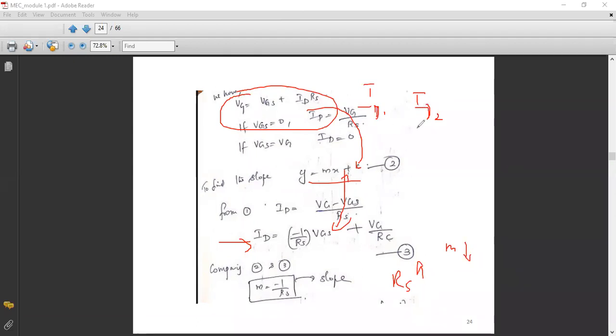Because of the device replacement or because of the change in temperature, we have two cases. One case is with the current ID1 and the second case is with current ID2. So this indicates that if the slope is very less, or if RS is very large, the difference between ID1 and ID2 is very less, which means that the Q point is stable or there is no change in the Q point. So this is the conclusion that we had in the second type of biasing technique. What is the second type of biasing? Fixing a VG and connecting a source resistance at the source.